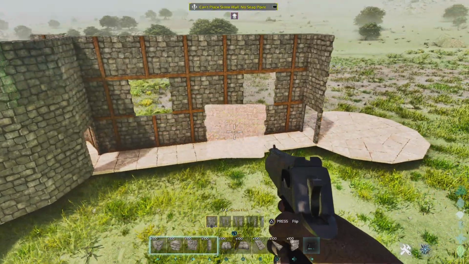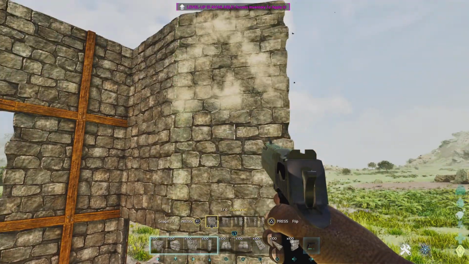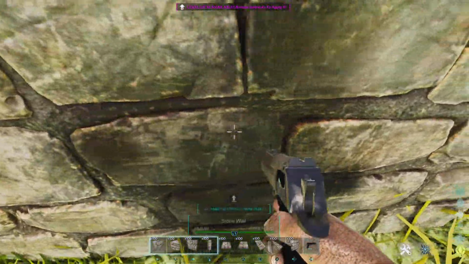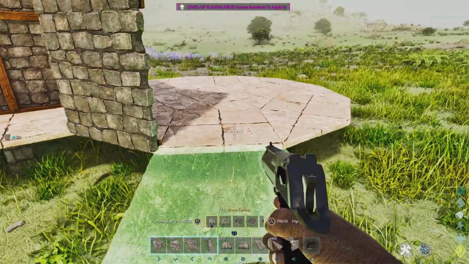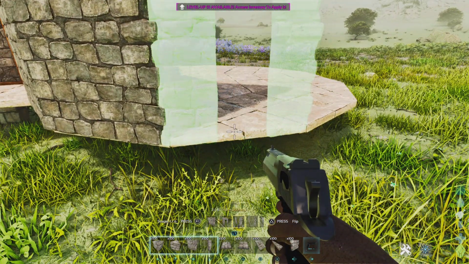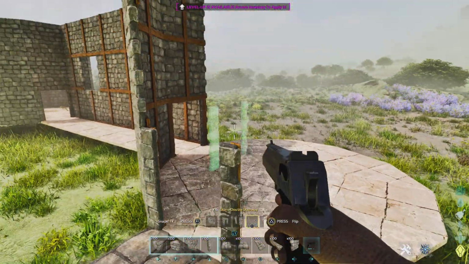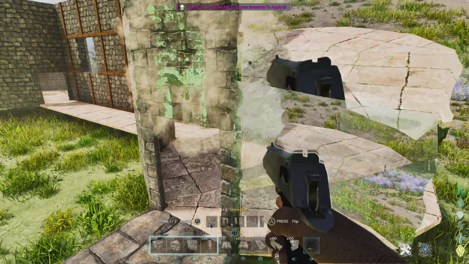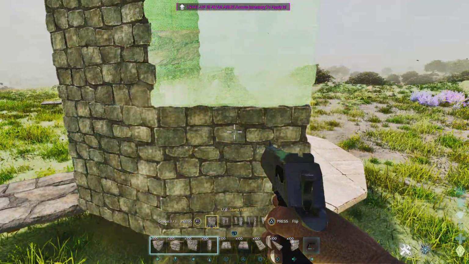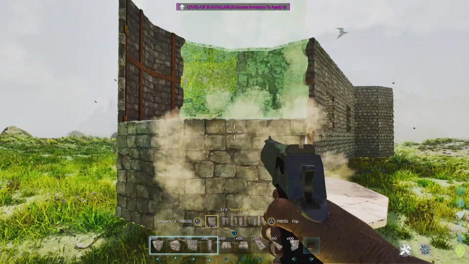Okay. Now, let's go ahead and do the same thing on this side. We're going to do a door there, do a ceiling there, get back to our walls. And we go 1, 2, 3, 1, 2, 3, 1, 1, 2, 3,